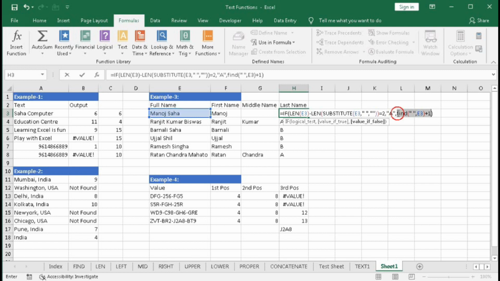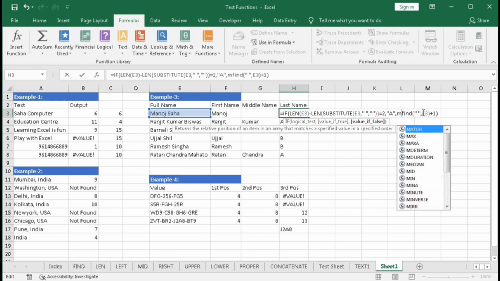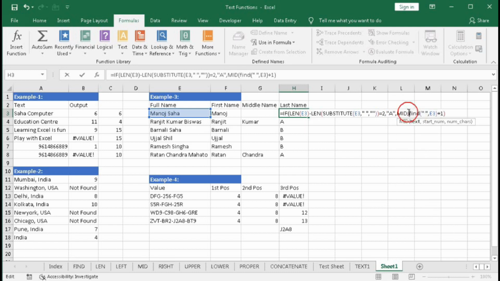So here first we have to use the MID function, then this will be the text, comma, this is the starting number, comma, number of characters.